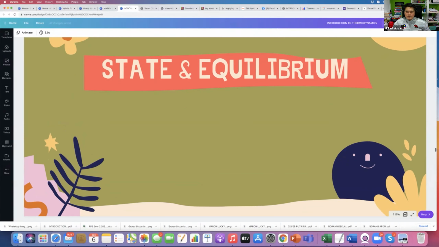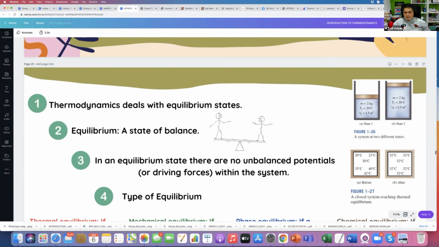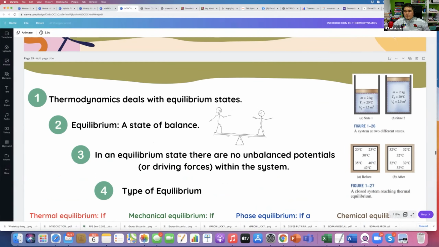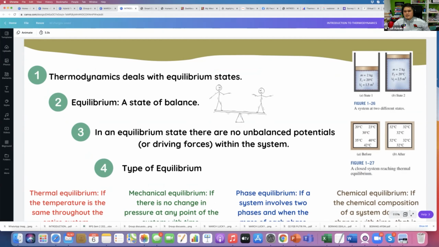Let's move on to state and equilibrium. When you are dealing with thermodynamics, this is actually dealing with equilibrium states. And what does it mean by equilibrium? It is a state of balance. For example, imagine two people trying to balance themselves on a seesaw. It doesn't mean that the seesaw needs to be perfectly level. It's just a matter that if two people balance on a seesaw for quite some time and it doesn't change at all in terms of the slanting,